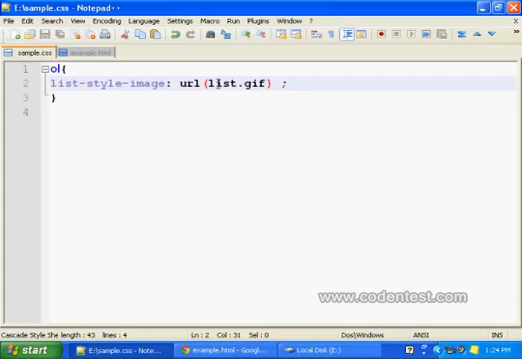And the next one was list style position, and here the value could be inside or outside.